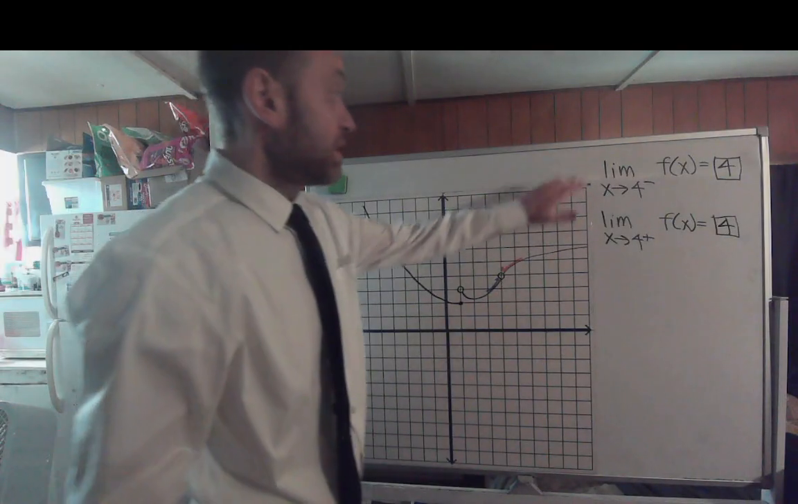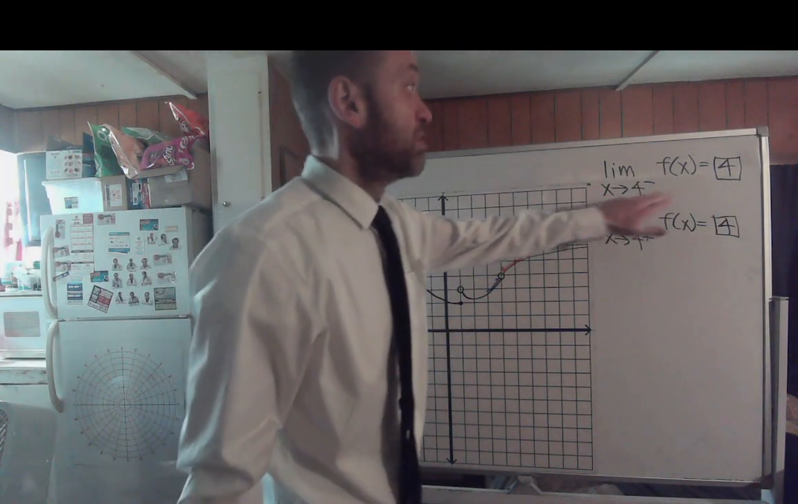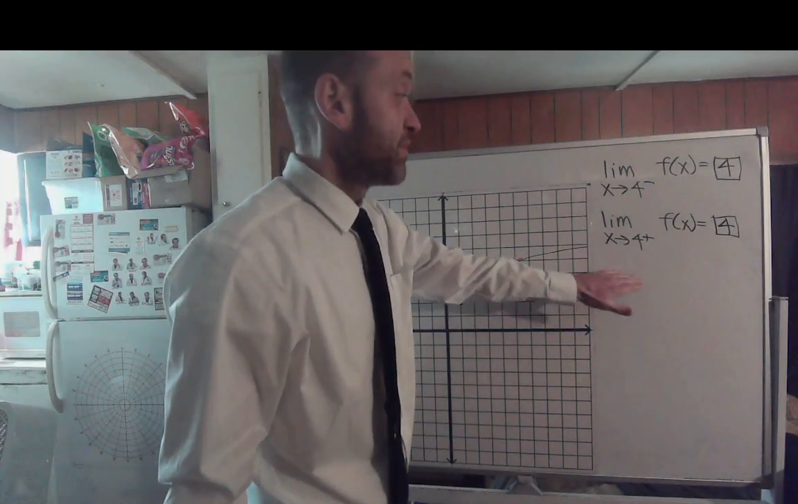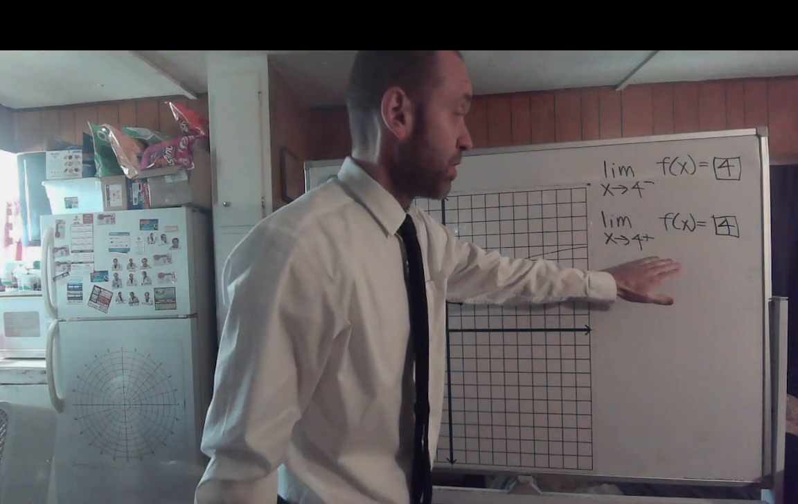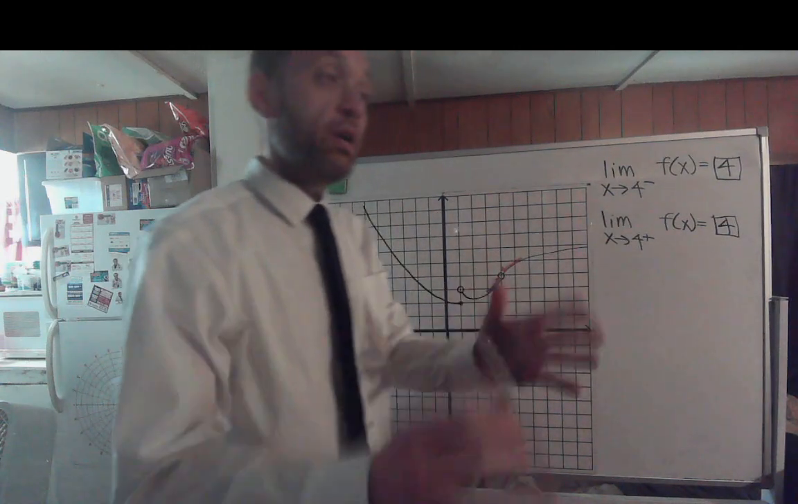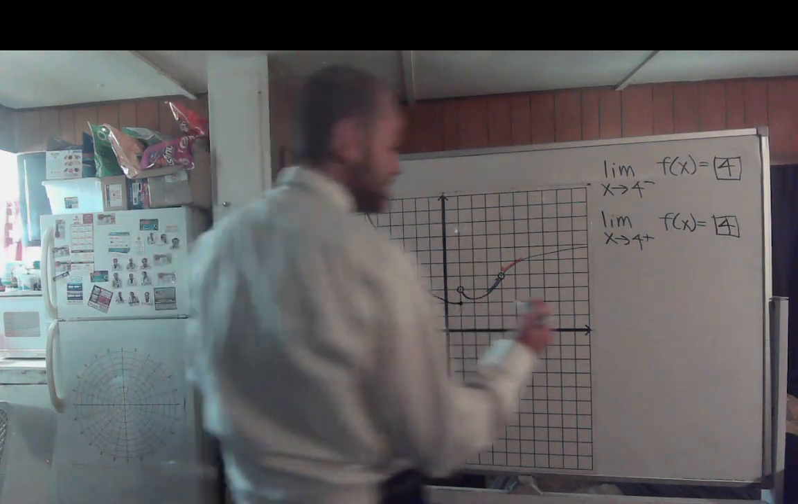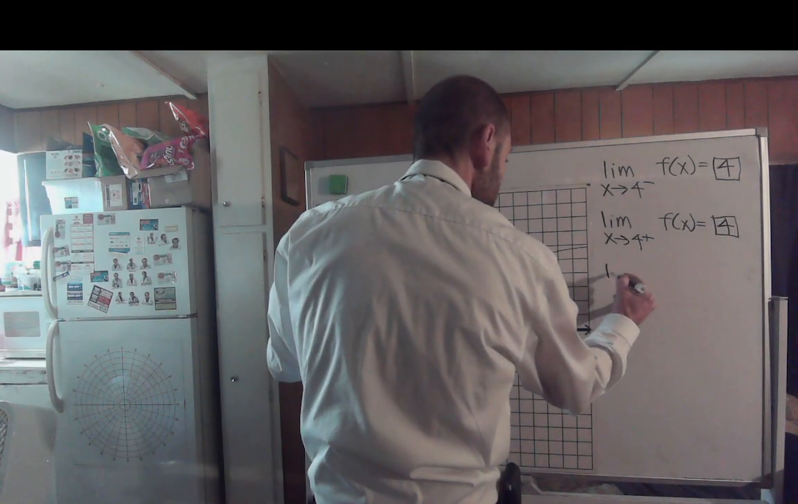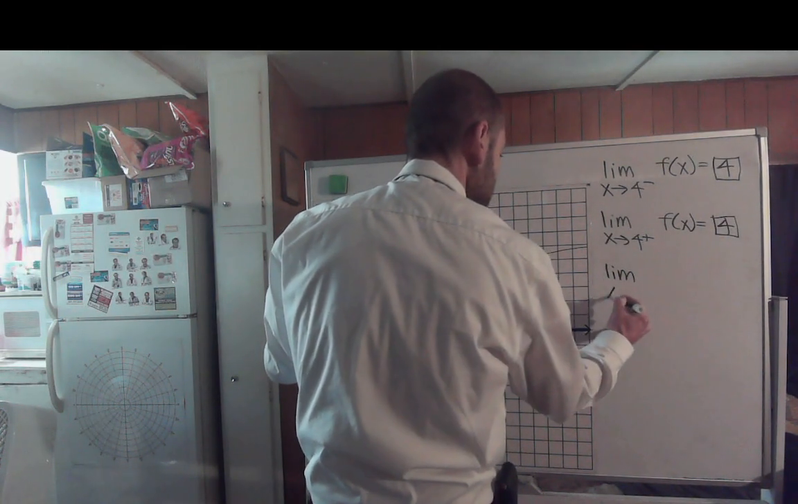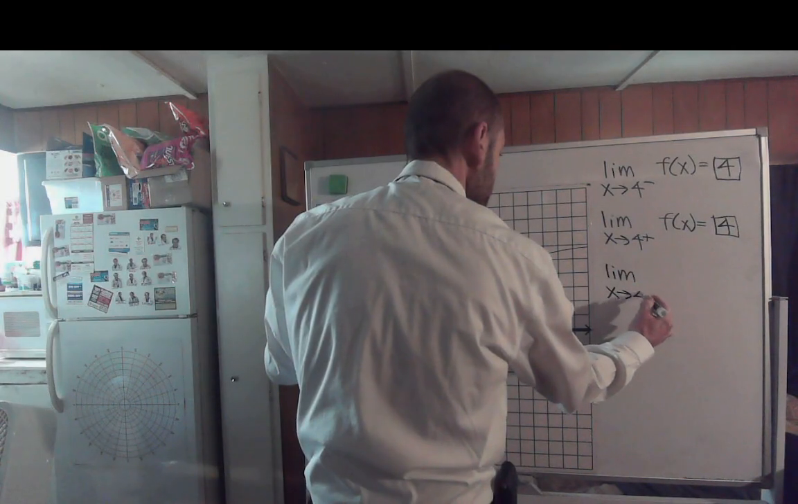So we got the left-handed limit at 4 to be 4 itself. We have the right-handed limit at 4 to be 4. So what can we say about the general limit? If we wanted to say the general limit as x approaches 4 of this function,